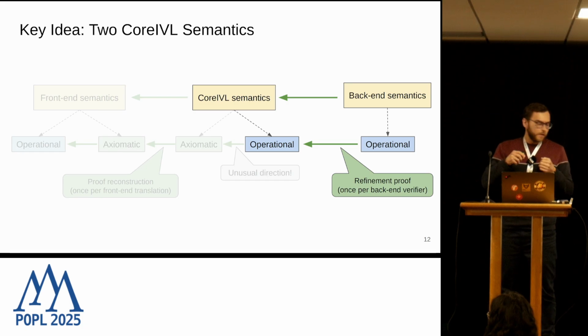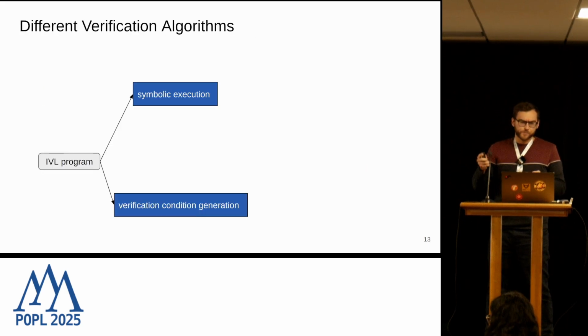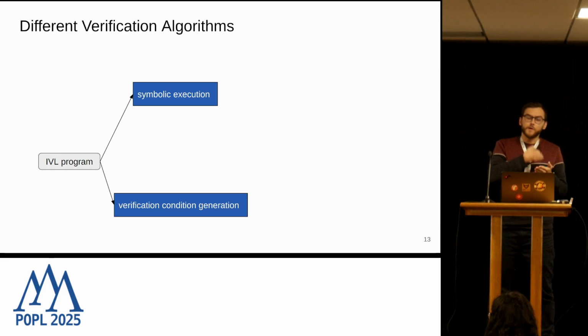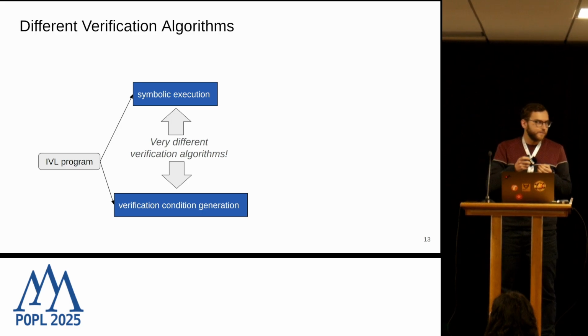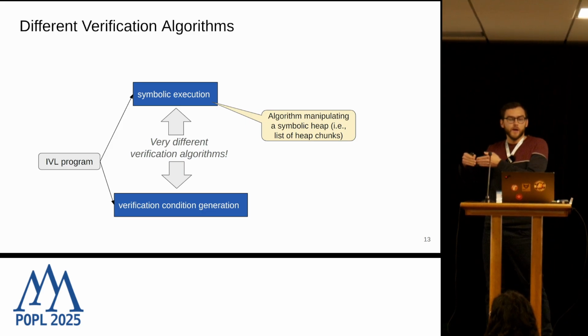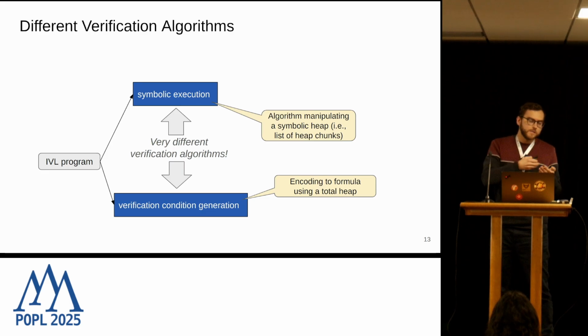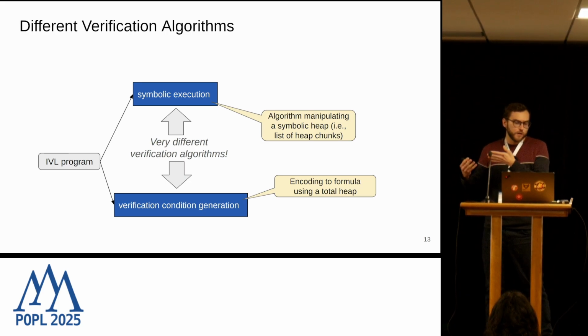So now, in the rest of this talk, I want to talk a bit more about the operational semantics. And here, as I said, we want this operational semantics to be independent of any backend verifier. For example, we have symbolic execution and verification conditions. Those are very different verification algorithms. So symbolic execution is usually an algorithm that manipulates a list of heap chunks, whereas in verification condition generation, what we do is that we reduce the validity of the IVL program to a logical formula using a total representing